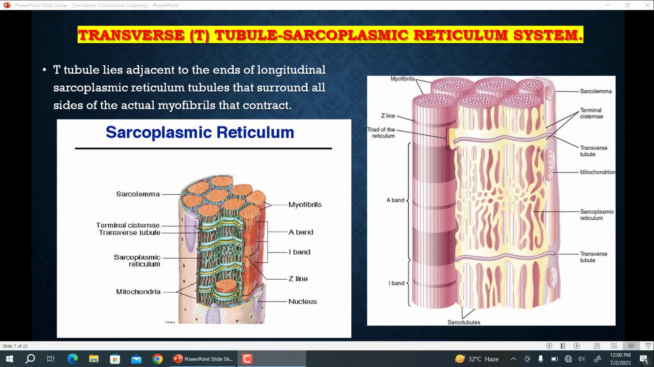One is the T-tubule. T means transverse, and T-tubule means transversely located. The other structure is the sarcoplasmic reticulum, which is located longitudinally, and they surround the myofibril. This is the structure which actually contracts. We have discussed that it contains actin and myosin, and when these actin and myosin overlap each other, the muscle becomes contracted. So these two structures actually cover this